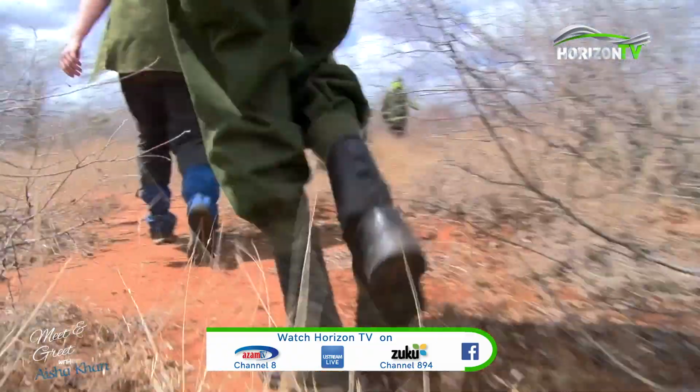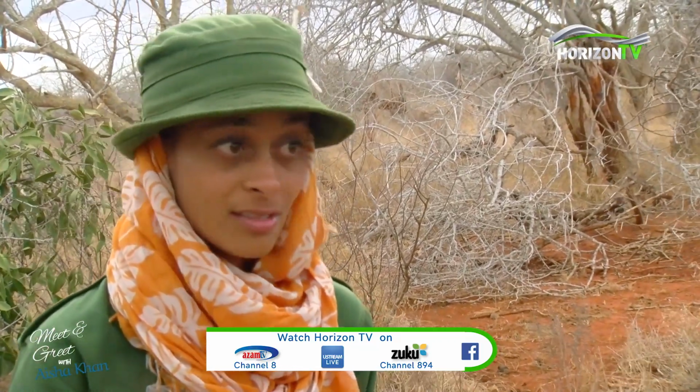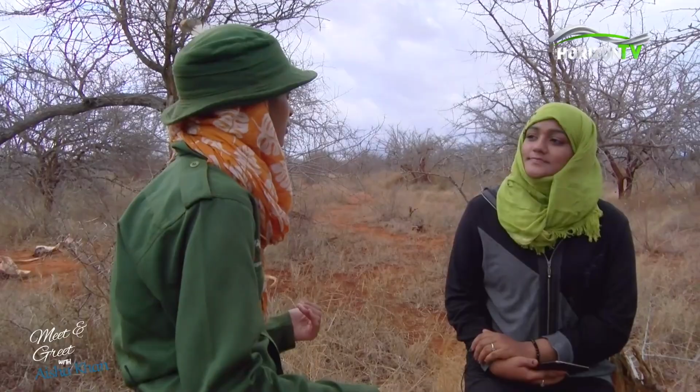We track, so mostly we look for signs of illegal activity, so we have to stay really quiet, walk really silently, so that we have all our other senses exposed to the elements. So your sense of smell, for example, in case somebody's burning charcoal somewhere, you can get the smell on the wind. If there's a carcass somewhere, you can get the smell of the carcass and the rotting flesh on the wind. But also sounds, if you hear somebody chopping down a tree, for example,